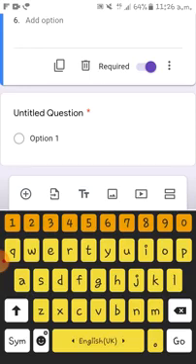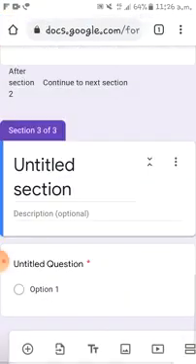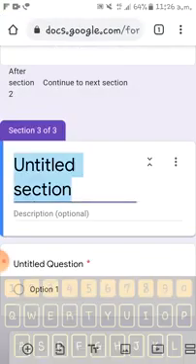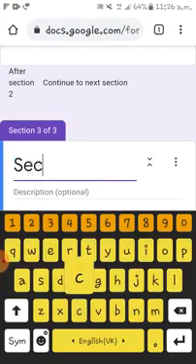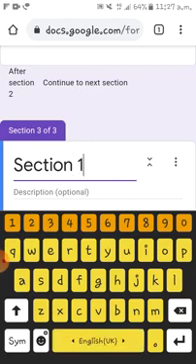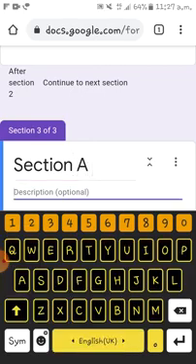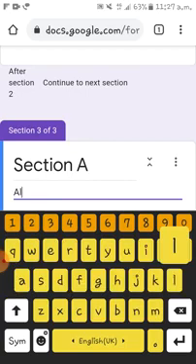Now you have to select the section. As you can see here, right side, first one is the section. The header should be divided. Now untitled section, in this I'll be writing section 1 or Section A. Section A is of fill in the blanks, suppose, or else multiple choice, as you can see. So before that you have to write some instruction like